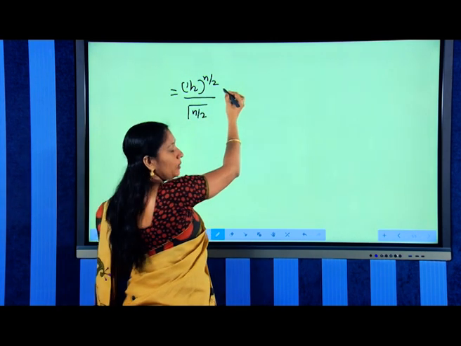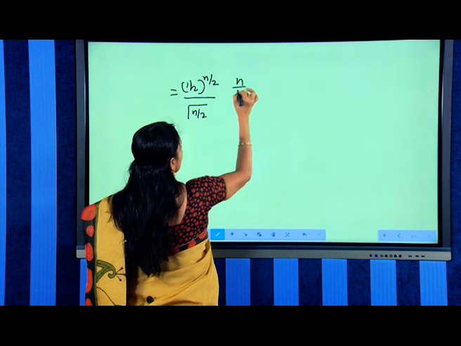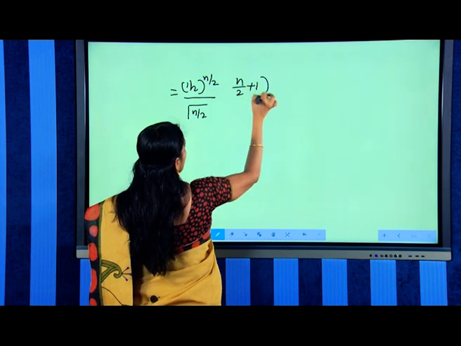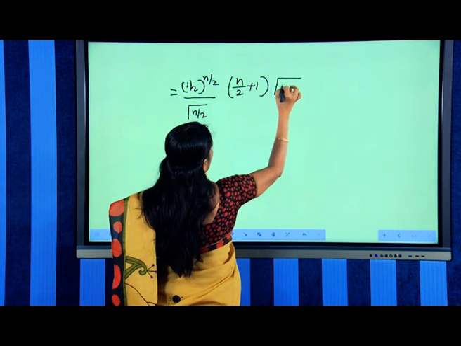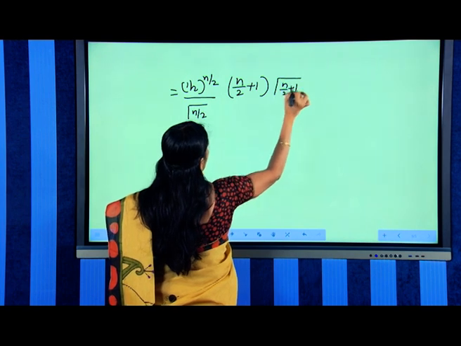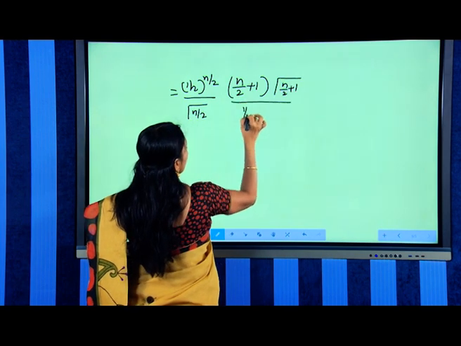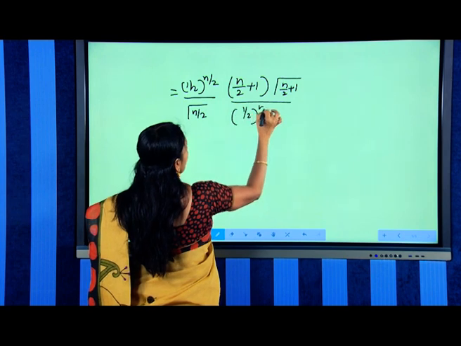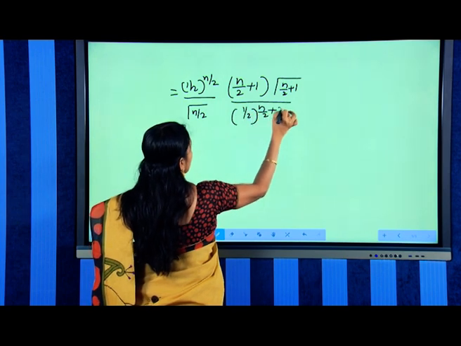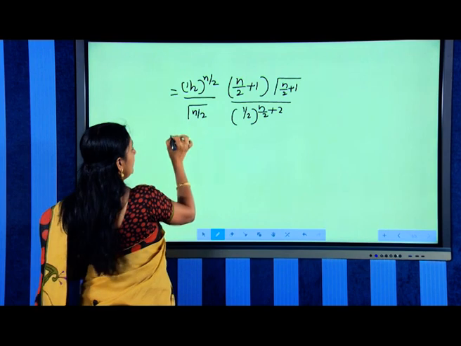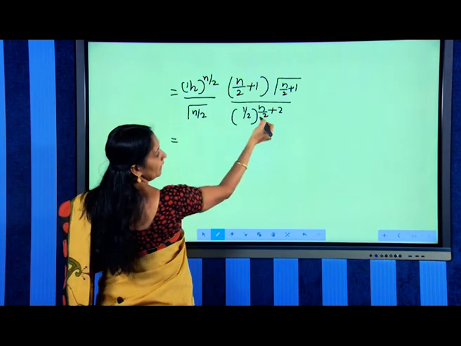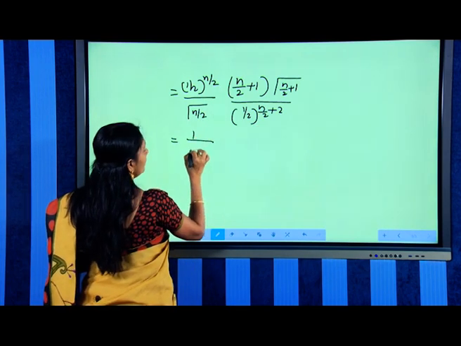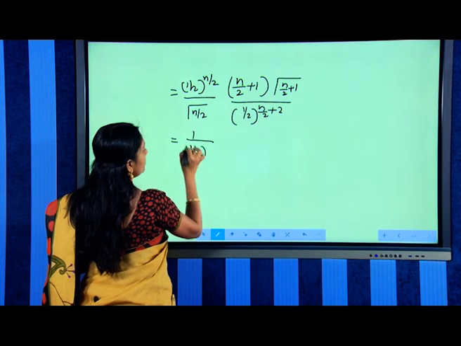Gamma n by 2 plus 2 can be written as n by 2 plus 1 into gamma n by 2 plus 1 divided by 1 by 2 to the power n by 2 plus 2, that is equal to, these two can be cancelled, and that is 1 by 2 square